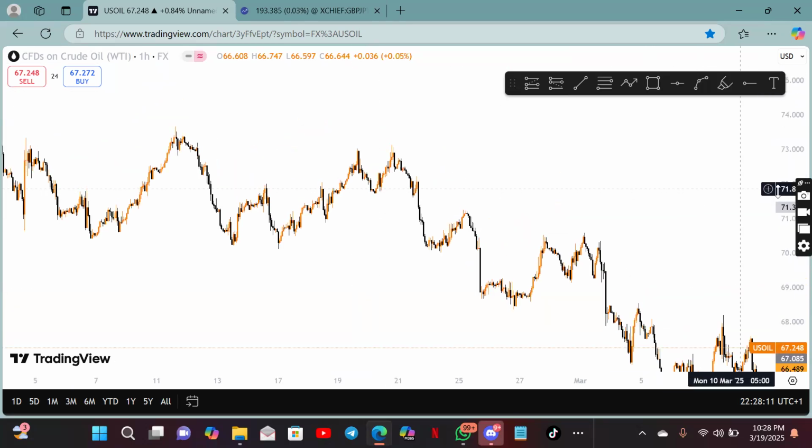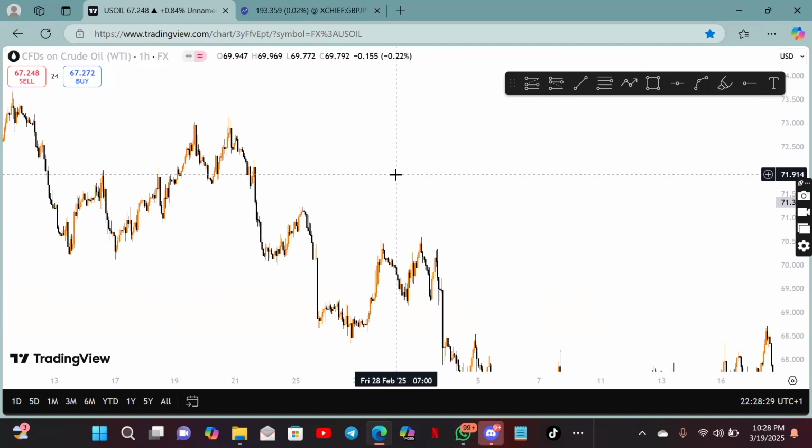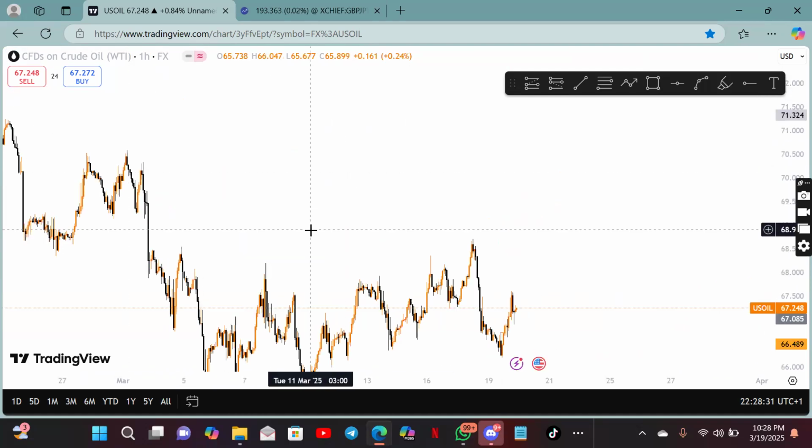Do you get? Yeah, with you. My guys, I just want to get this thing. This one is a breaker block move. This one is a breaker block move. I already showed you guys what a breaker block is. This kind of market, they don't pull back. But first of all, let's go to where we are coming from.